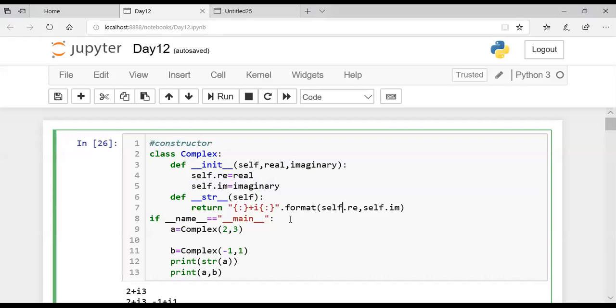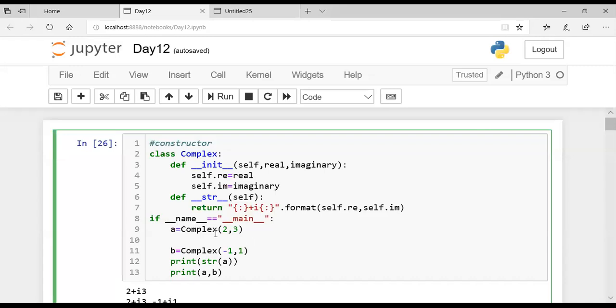Self.re means real, and the second value self.im means imaginary, which is being returned over here. Now students, up to line number 7 I am done with my class. This class has only 2 methods, init and str, and the 2 variables which are directly passed to the constructor with the names self.re and self.im.